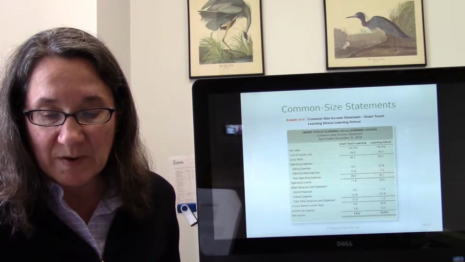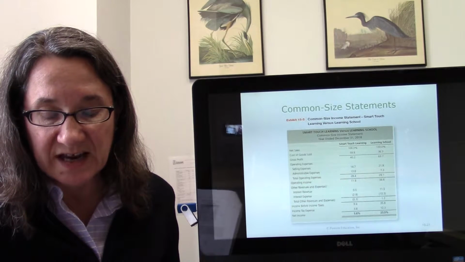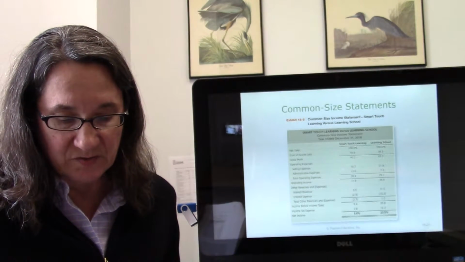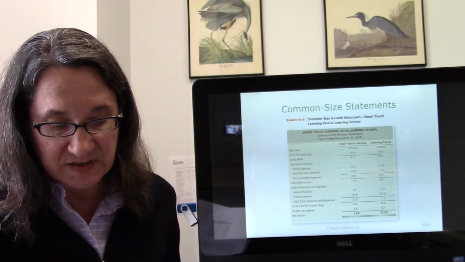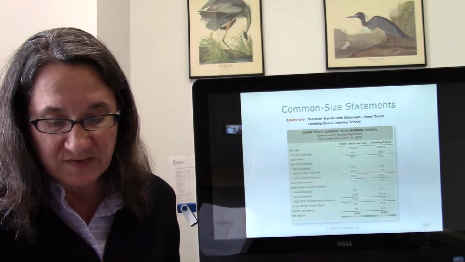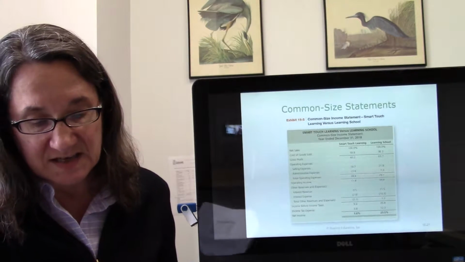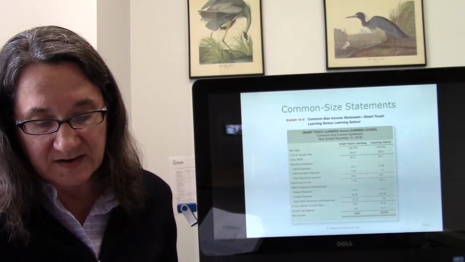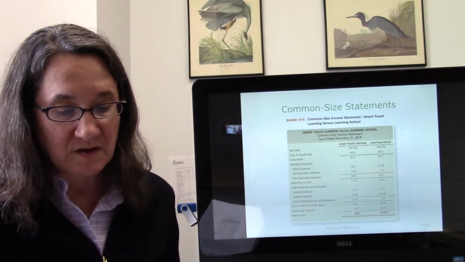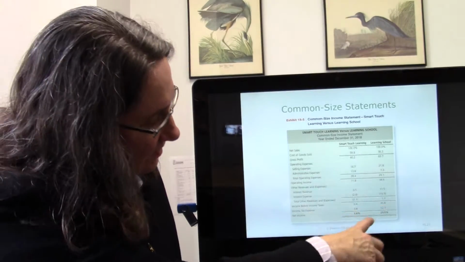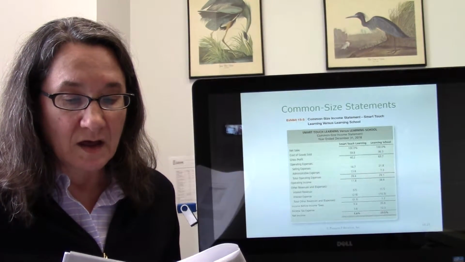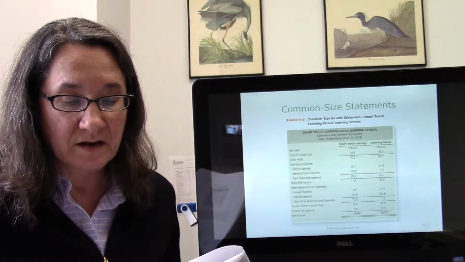However, we will start by preparing common size statements for Smart Touch and Learning School, another fictitious company, both of which compete in the same industry. Which company earns a higher percentage of revenues as profits for its shareholders? Exhibit 15-5 gives both companies common size income statements for 2018, so we can compare them on a relative, not absolute basis. So if you look at these common size, for every $1 of net income, Smart Touch is earning